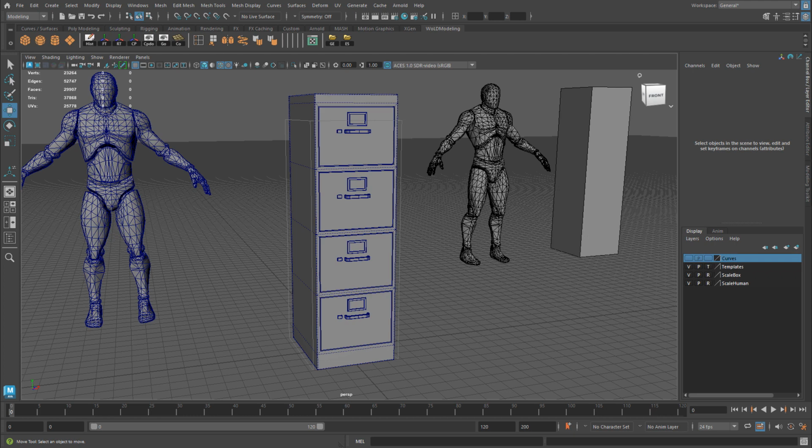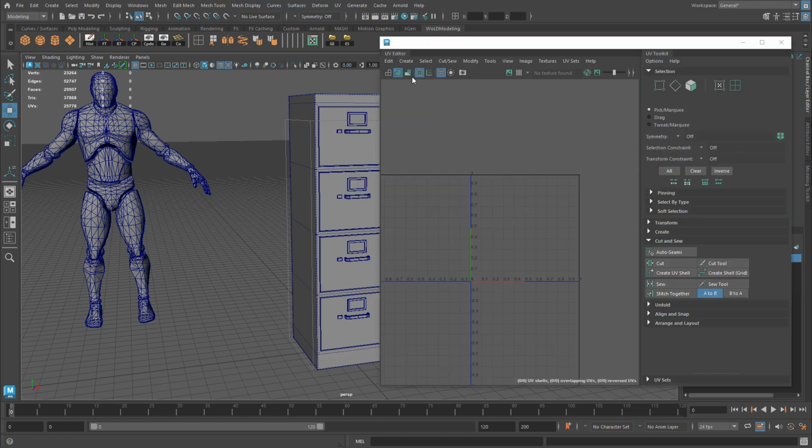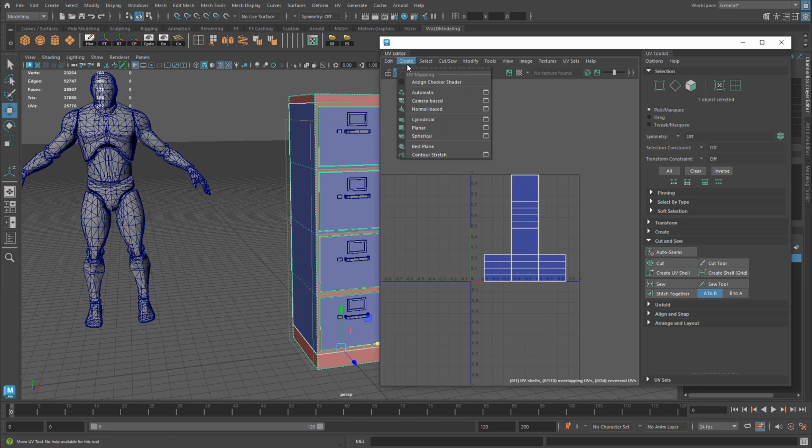In this tutorial, I'm going to show you how to properly use automatic UVs in Maya. Automatic UVs is a function. So if I go to the UV editor, I can select an object and run automatic UVs, which will automatically unwrap the mesh for me. However, by itself, this is a very bad option to use if you don't do some